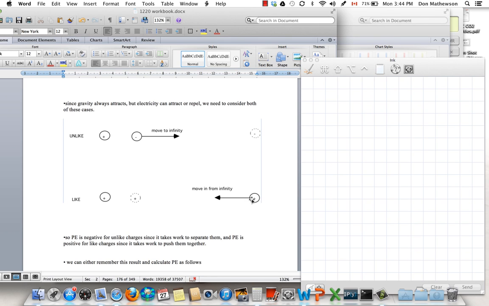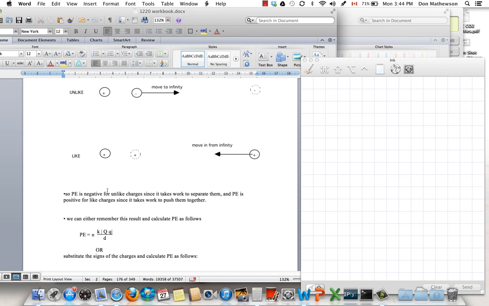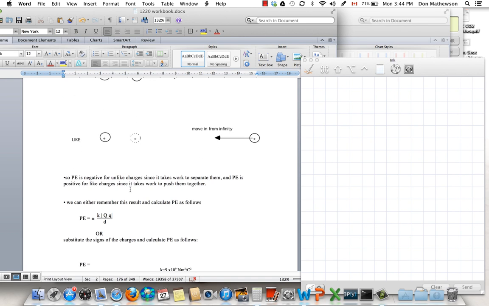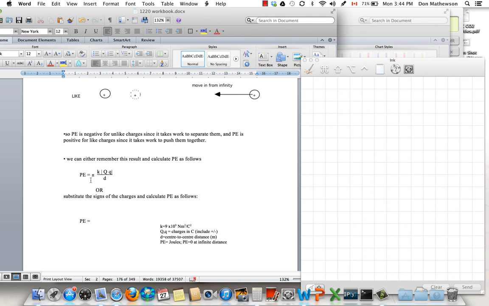If the charges are like charges, then it's going to take work to actually push them together. So starting at 0, you do work. Obviously, you're going to end up with something positive. So potential energy has to be negative for unlike charges and positive for like charges. So the answer is going to be positive or negative, and you'll have to either remember to put that in,